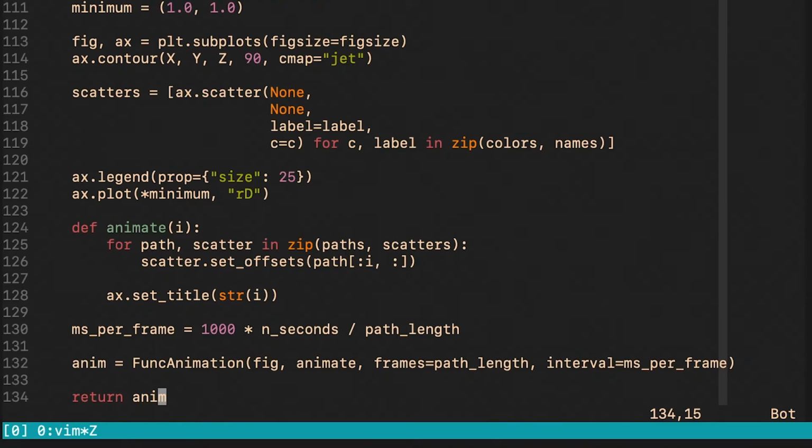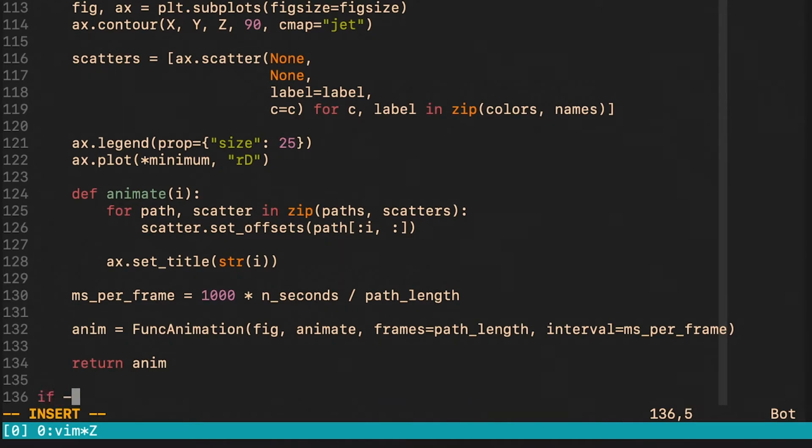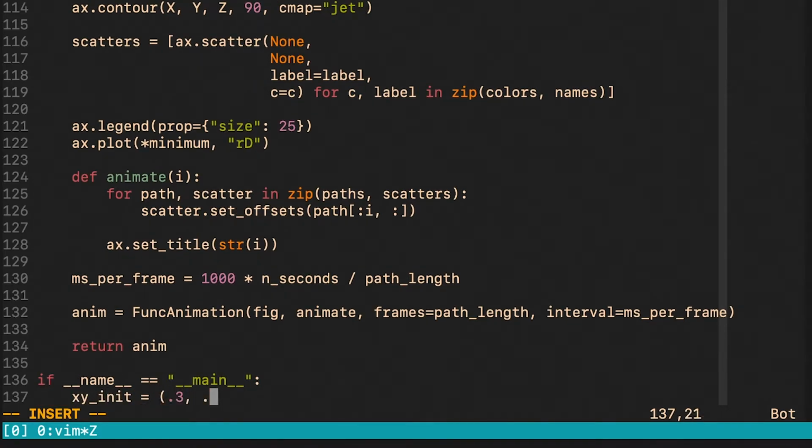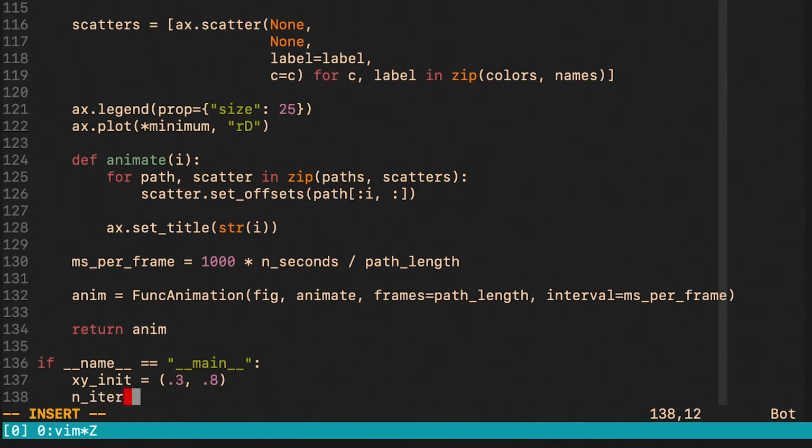All right, so now we wrote all the boilerplate code and we can test whether it works. First of all, we specify the initial x and y coordinates. We are going to run the optimizer for 1000 steps.